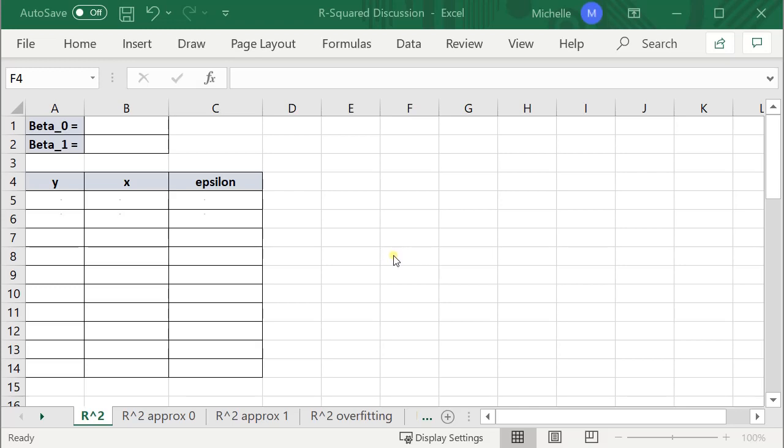In this video, we're going to be talking about r squared and some of the interpretation for r squared and some of the limitations for r squared. All right, so let's assume that we have the simple linear regression model yi equals beta naught plus beta 1